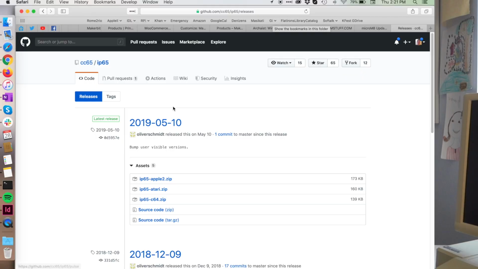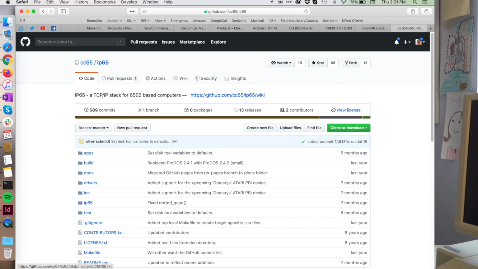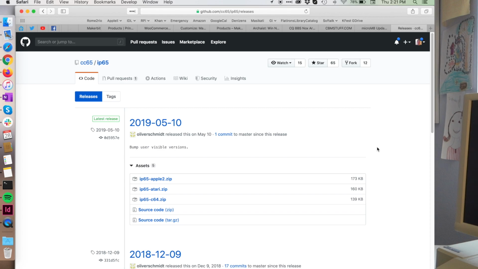Another way to do it is to actually use the Ethernet 2 card, and to do this you can use the Telnet 65 program from Oliver Schmidt. And for that you can just go to the IP65 repository on GitHub and then just hit releases, and you can download